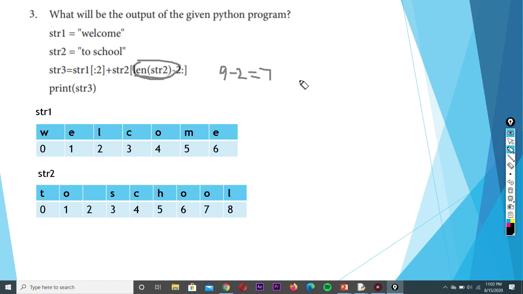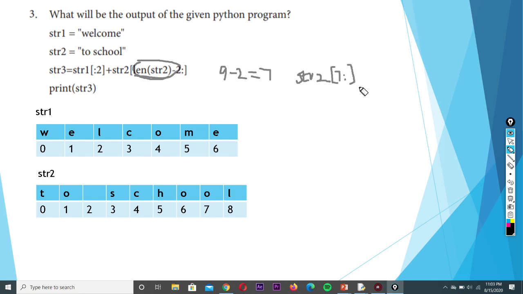So we will be writing this as str2[7:]. The first index is 7, colon, and the second index is missing. Here we are using the string slicing operator.